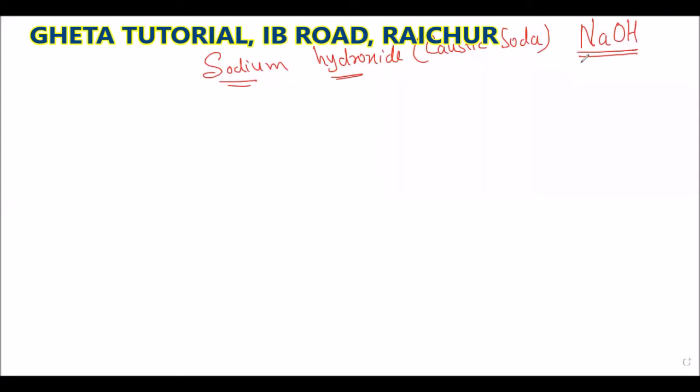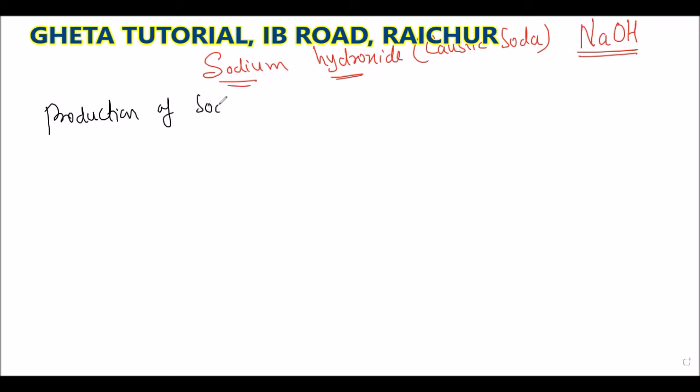NaOH, sodium hydroxide. The chemical formula is NaOH, and it is also called what? Caustic soda. So what is that production? How are you able to produce this sodium hydroxide? Okay, it's very simple. So here is the production